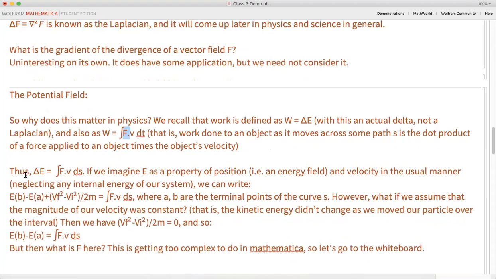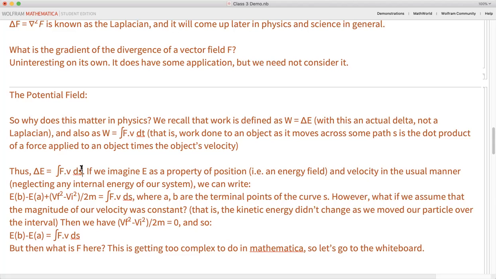So we can therefore obviously say that dE is f dot v ds. This is, I mean, you've done this, right? You probably used this to solve problems before, like what's the kinetic energy, yada, yada, yada. Boring as hell,